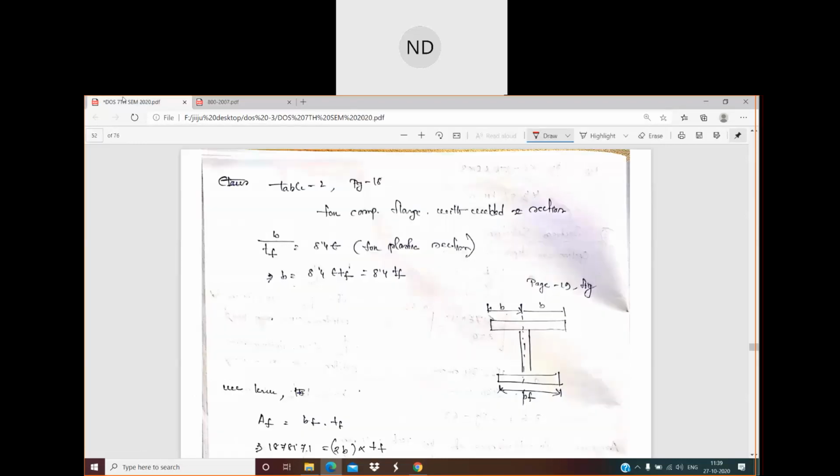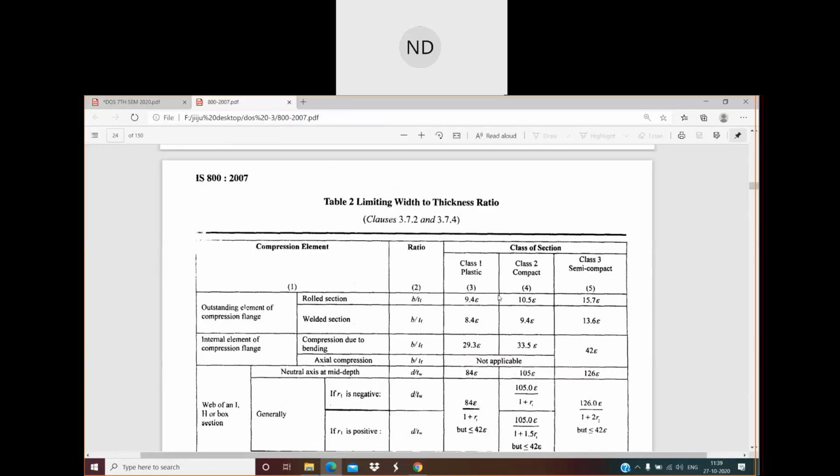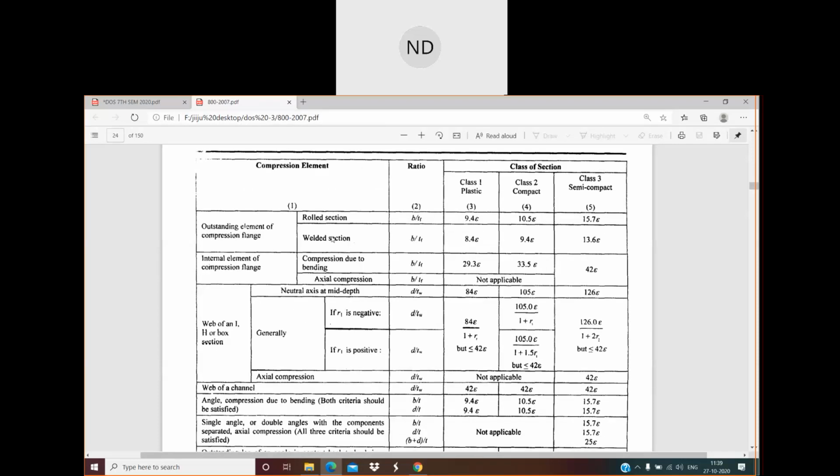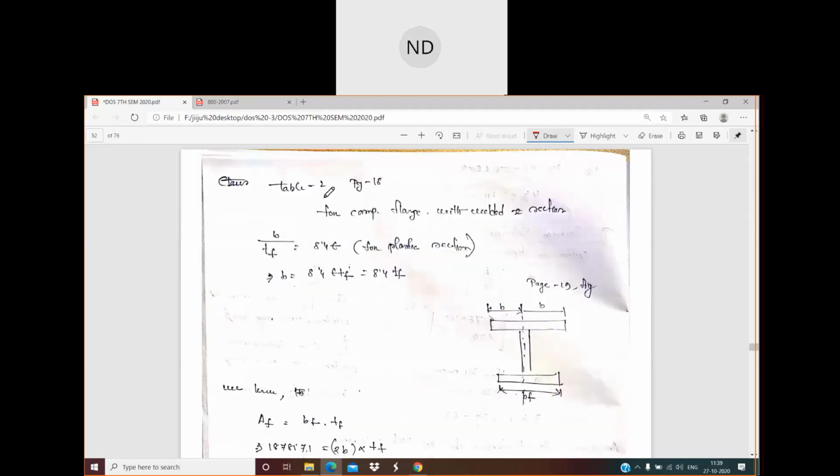So you see here, for compression flange with welded section, we have b by tf is equal to 8.4 epsilon for a plastic section. From this table on page number 18, we will get for welded section, it is how much? 8.4 epsilon. So b by tf is equal to 8.4 epsilon, and b will come out from here. We can see b is equal to 8.4 epsilon tf. Now, if you see this figure here,